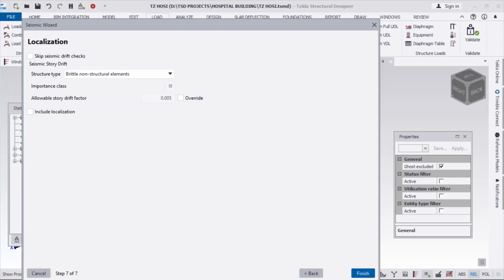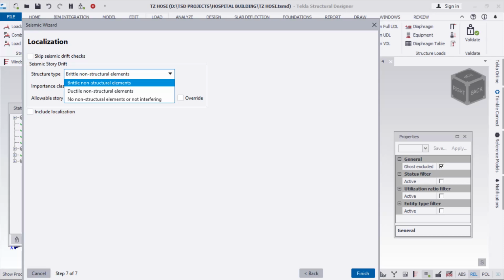So in this case, we have brittle structural elements, and these are referring to masonry buildings that are normally made of masonry, or maybe RC structures that are not really framed structures. And again, we also have the next one, which is called the ductile